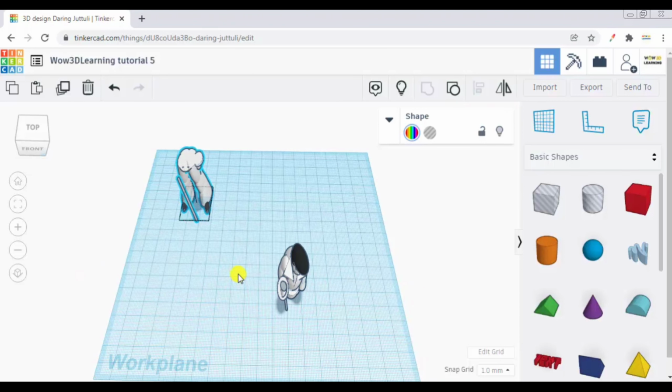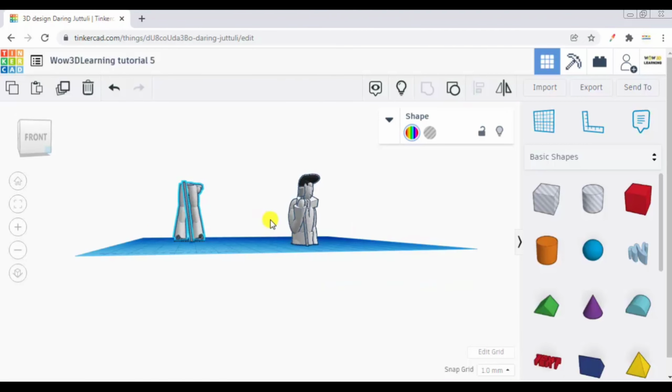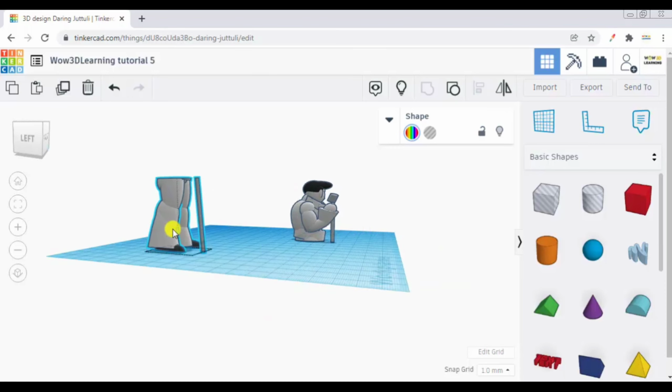Like this, depending on the 3D printer which you are using, you have to slice it and break it into 2 parts, 3 parts or a single part as your printer bed volume permits. So this is all about slicing. This is how you break a single object into two portions. Now you can place it anywhere you want